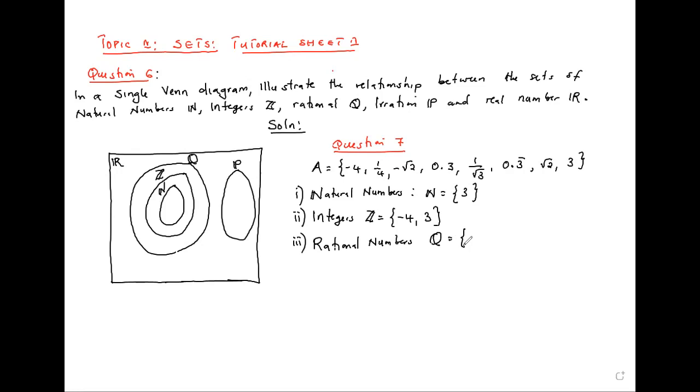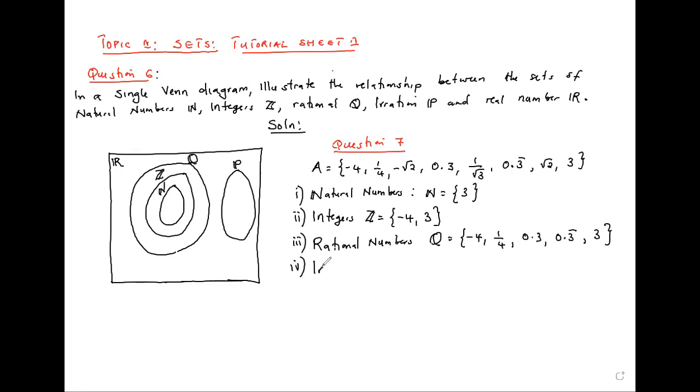Rational numbers, we have the numbers -4, 1/4, 0.3, 0.3 bar, and 3. All these numbers are rational numbers because you can express them in the form a/b, where b is non-zero. Then 4,